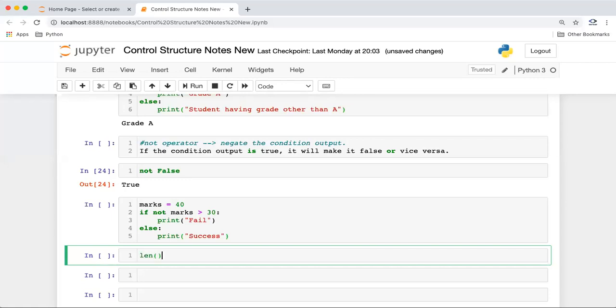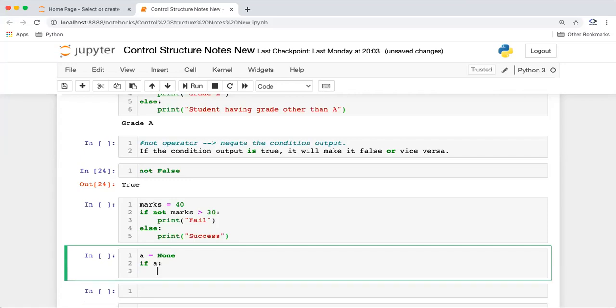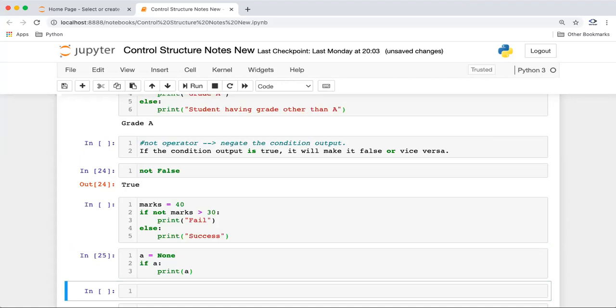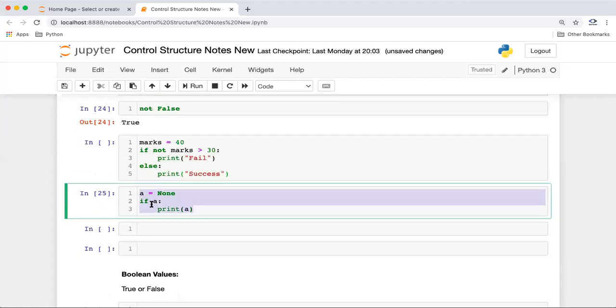So what can we do? We guys know we have a len method which returns the length of the string. Or we can use None. Let us suppose we are saying a equal to None, and if I'm saying if a, then print a. So what are we getting? Nothing.